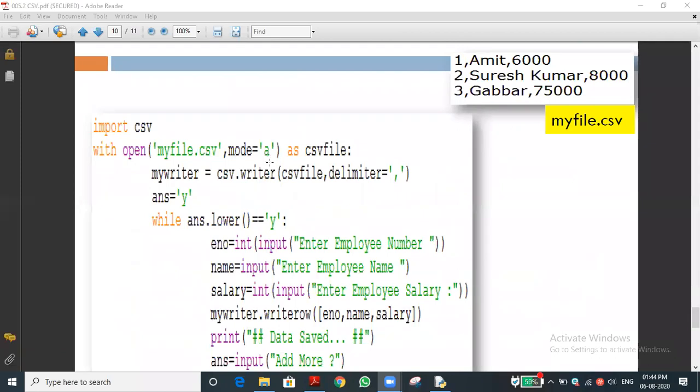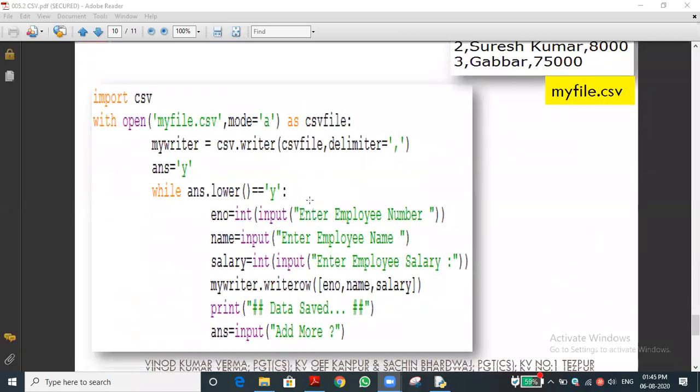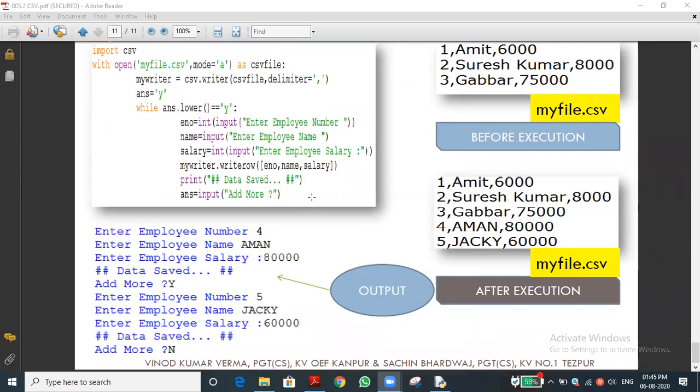This is what we discussed at the start of the file chapter, and we have done our own file also. So is it clear how to write into the file and how to read the data from the file, in the XLS, I mean in the CSV file? Have you understood? Yes, sir. We successfully completed 5 chapters in computer science.